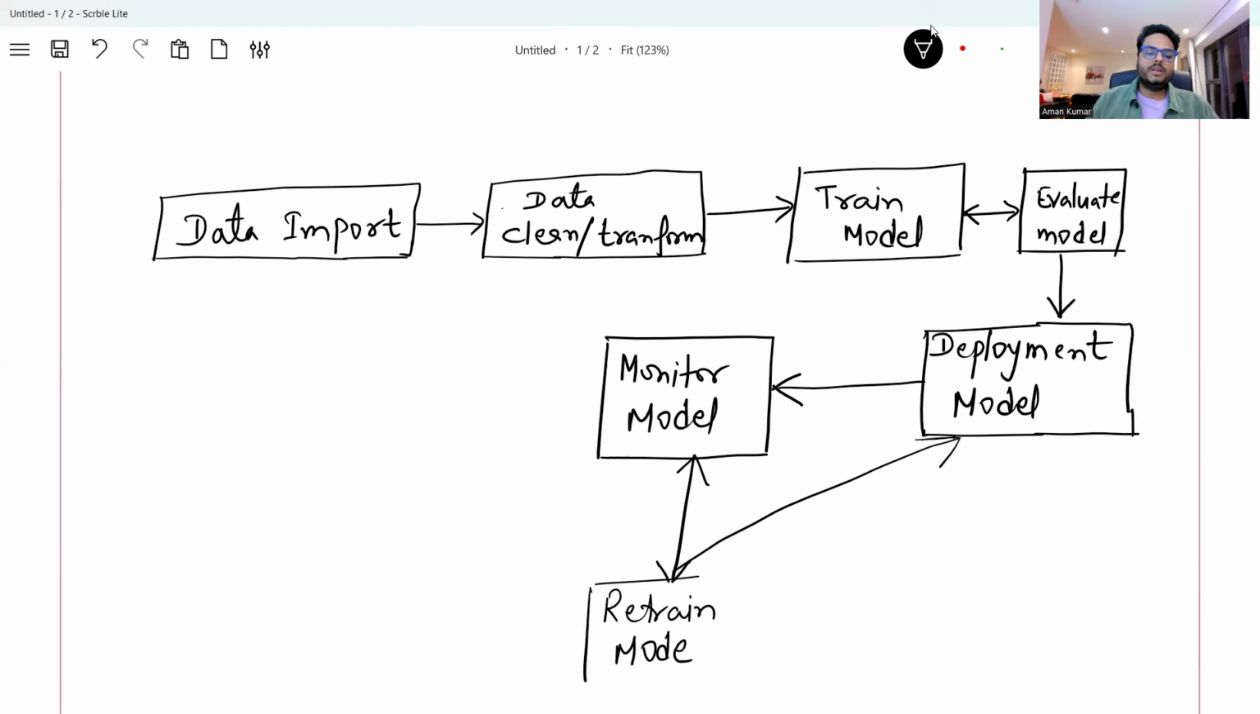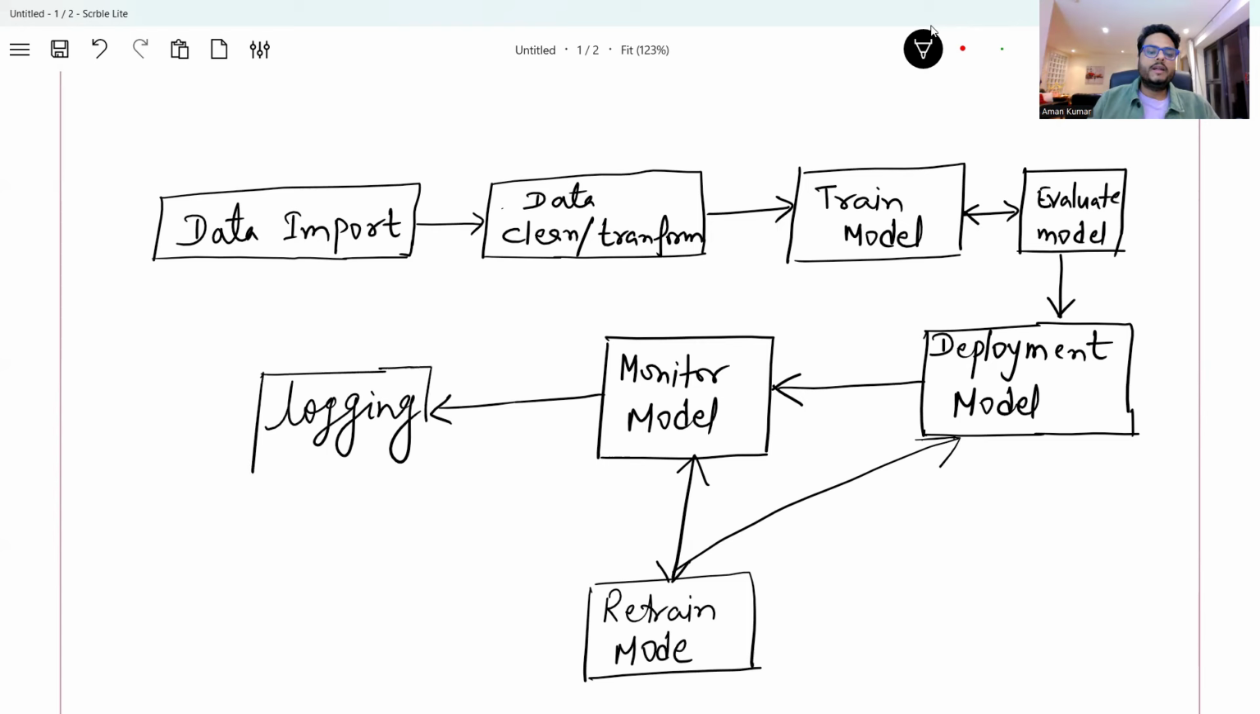And after the retraining, what you will also want to do, post monitoring the model as a normal process, is logging and record maintenance and seeing the report of your model. So there is a whole avenue here in the logging scenario. So you have to keep in mind